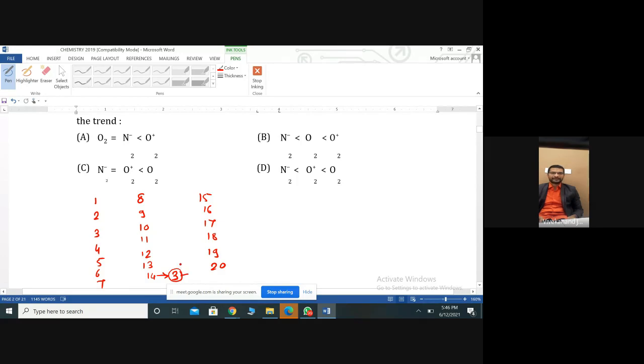Has everyone followed me till here? Yes, sir. Okay. Now what do we do? If there are 13 electrons, we subtract 0.5 from 3, so it becomes 2.5. For 12 it will be 2. For 11 it will be 1.5. For 10 it will be 1. For 9 it will be 0.5. For 8 it should be 0. The same way, from the 14, we have to again subtract.